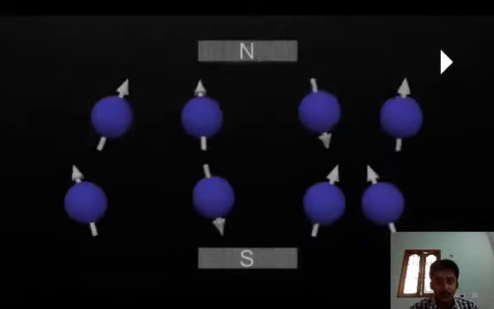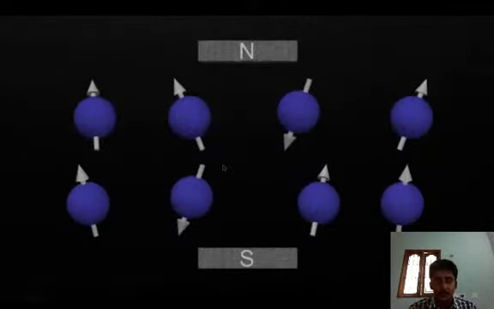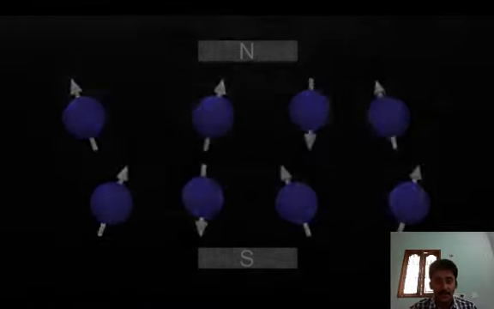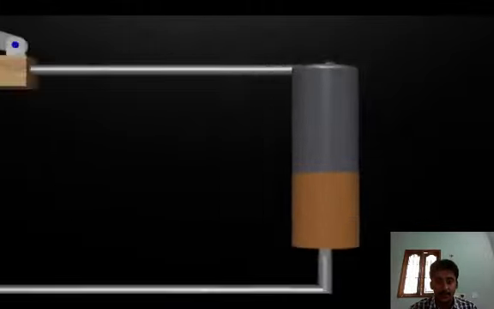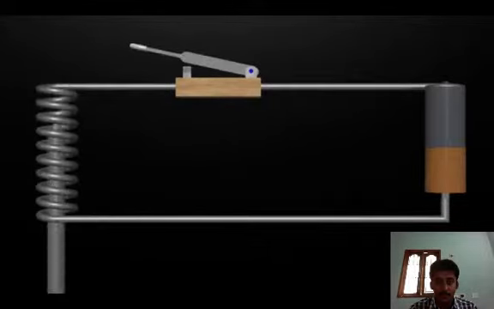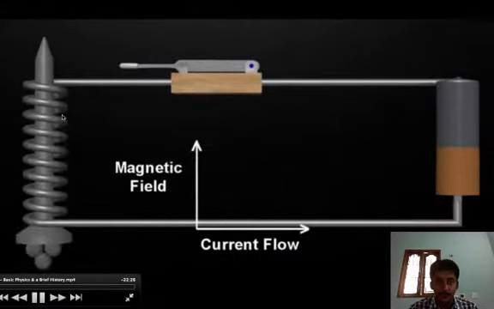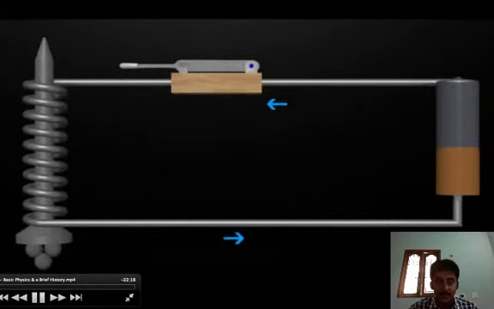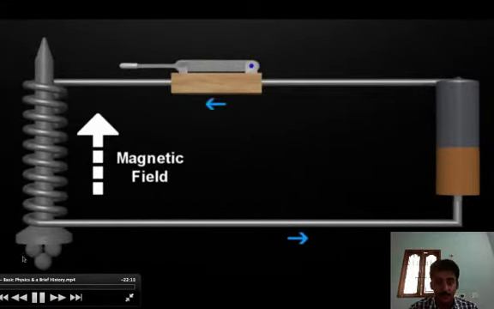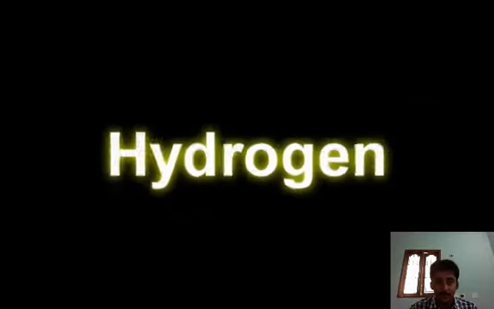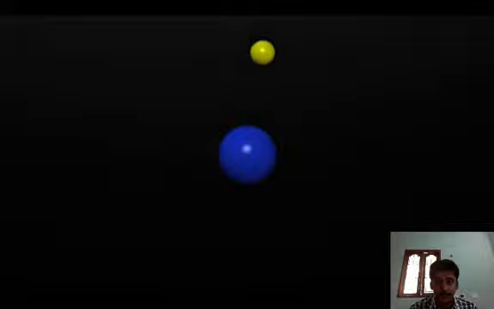This is called a voxel. In each voxel we have a different number of protons. These are initially randomly aligned, and after application of a magnetic field they align. This is the principle which absorbs. So we are magnetizing this material which absorbs some magnetic energy. So this is the right hand thumb rule, the direction of current and direction of magnetic field.